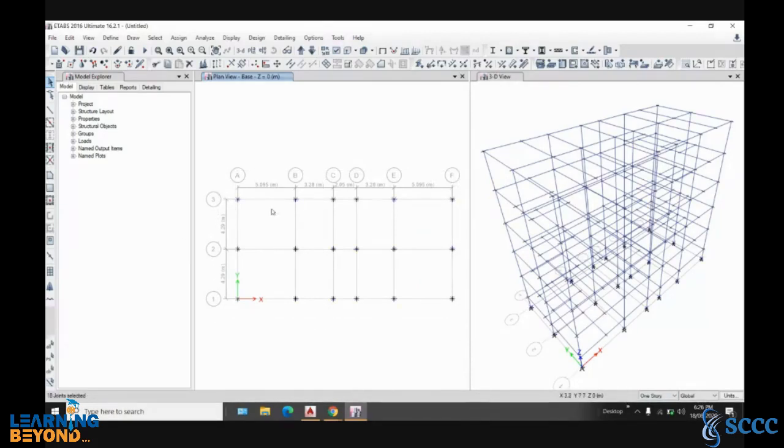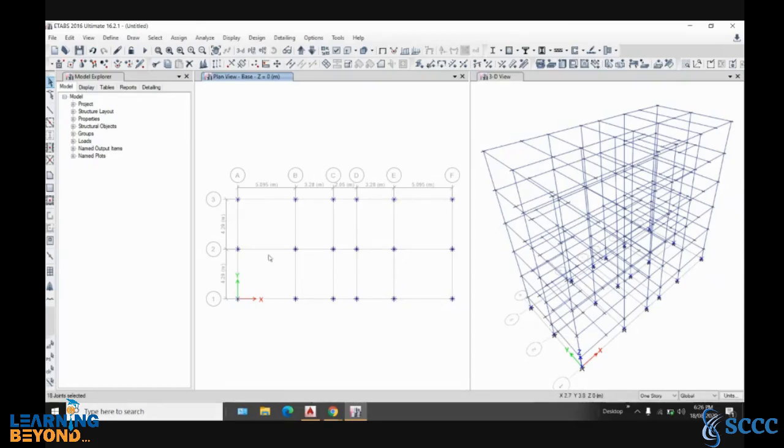So all joints are selected. So 1, 2, 3, 4, 5 and 6, 3, 3, 18. So 18 joints are selected. That is because of this one story. Had it been similar story, then the above joints would also have been selected.